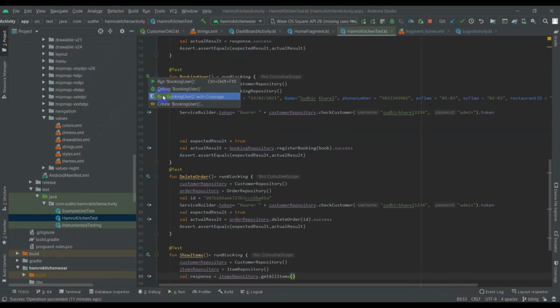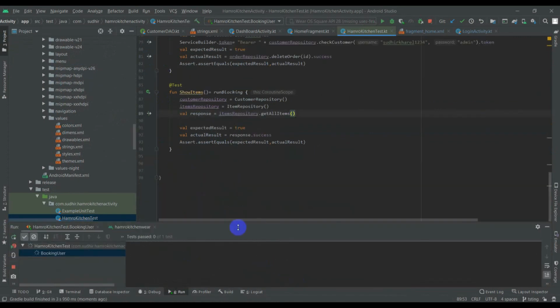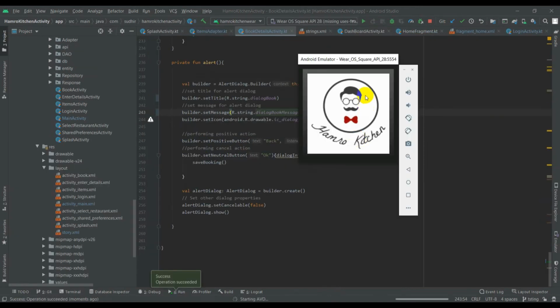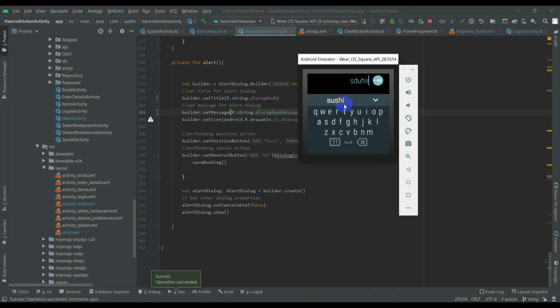Whenever I run the coverage, here I should enter the username for logging in to this application.